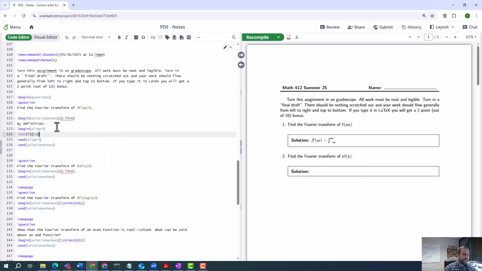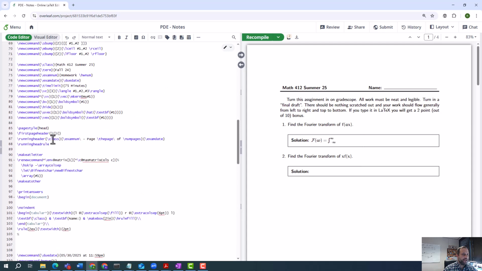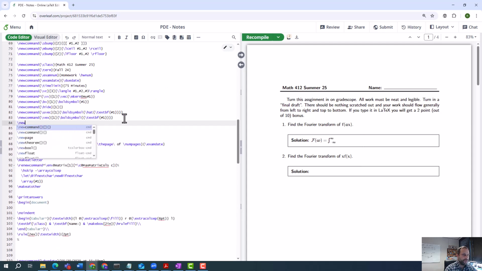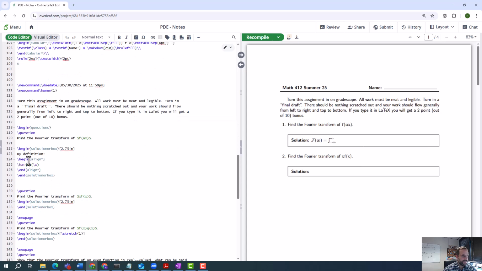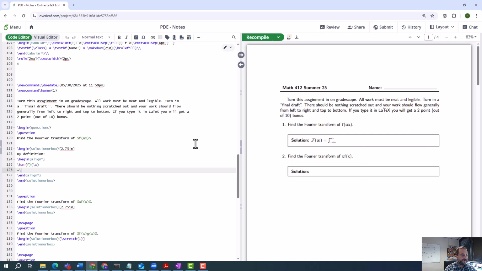Now I'm going to be using omega a lot, so I'm going to come up here and make a new command. I'm going to say new command w. That's the name of the command, and it's just going to be omega. So in LaTeX, the commands are backslash and then whatever the command is. So wherever LaTeX sees backslash w, it's going to put backslash omega. Okay, so this is equal to the integral,